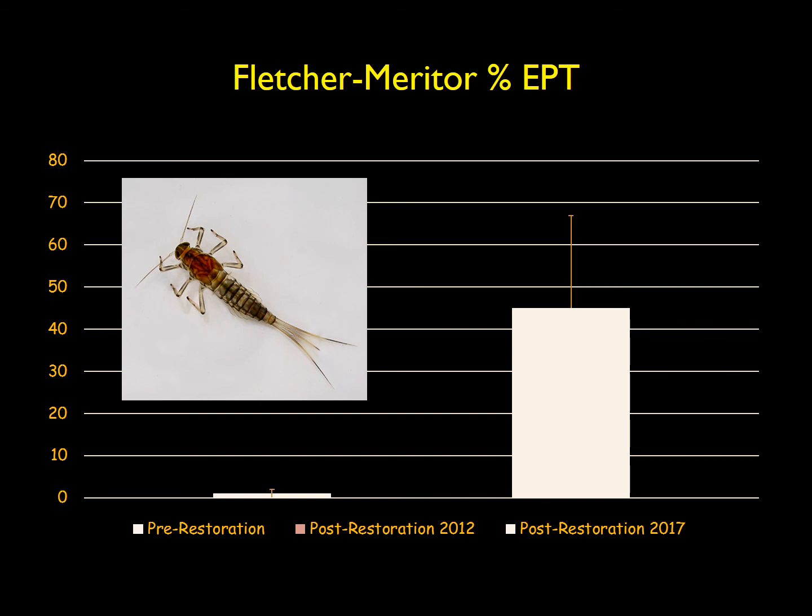So this is a really interesting site that I would like to go back to again, because there appears to be some evidence of improving habitat quality a couple years post-restoration. Now, this could possibly be simply because the condition was so bad initially, but nonetheless it's interesting. And I'd also point out that 40% EPT is habitat quality comparable to what we would see at Glens Creek at UNCA. So this isn't turning into a pristine stream at all, but it's interesting. There might be one case here at least where there's a bit of improvement.